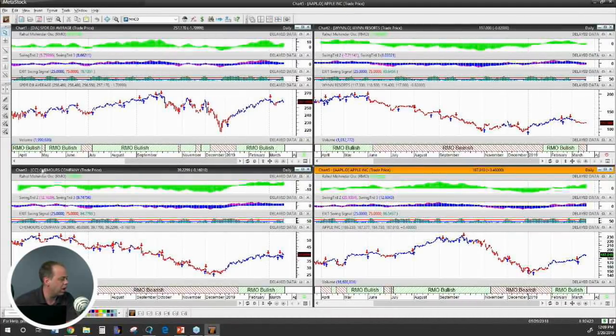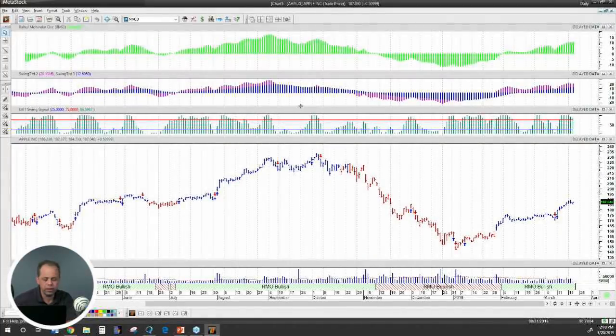So here we've got CC, we've got Apple, we've got Wynn Resorts right here. And then we've got, of course, the Dow, which is the chart that we were looking at initially. So let's drill into the Apple chart. I'll explain the rules, and then we'll look at the Apple chart to start. Depending on how much time we have, we'll go through some of the trades on the other charts as well. Okay. So the first thing is, if we want to be able to trade with the trend,